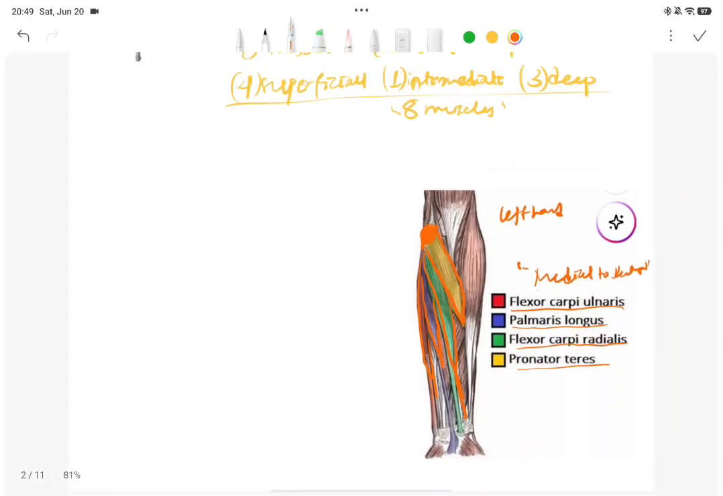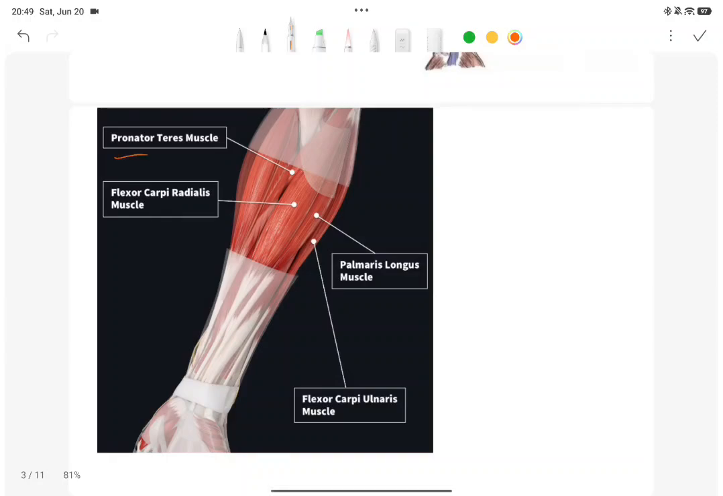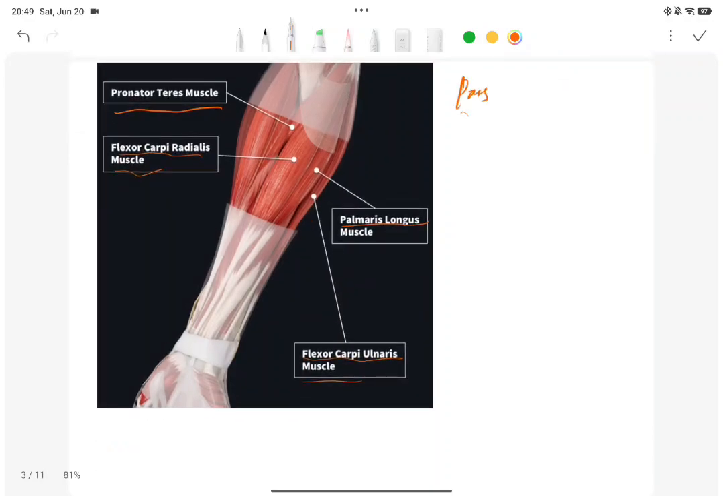These are superficial muscles of the forearm. As you can see over here, this is the pronator teres on the most lateral side. Just medial to pronator teres there is flexor carpi radialis, just medial there is palmaris longus, and just medial there is flexor carpi ulnaris. So always remember in sequence like "pass fail". Remember in sequence: pronator teres,